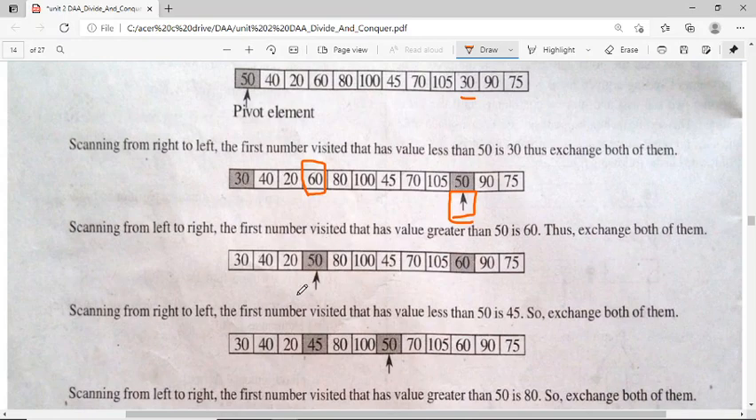Whenever you are going from left to right, you need to check the smaller value. When you are coming from right to left, then you need to check the greater value. That time you need to check the greater value, and here we need to check the lesser value. Okay, next 50, we are going at the right hand side, so